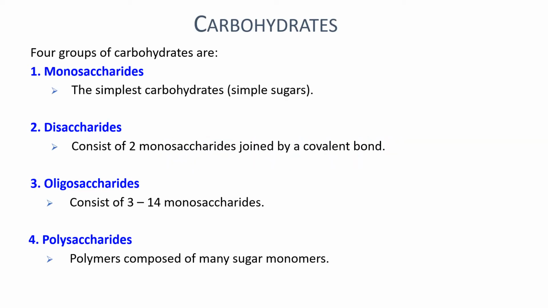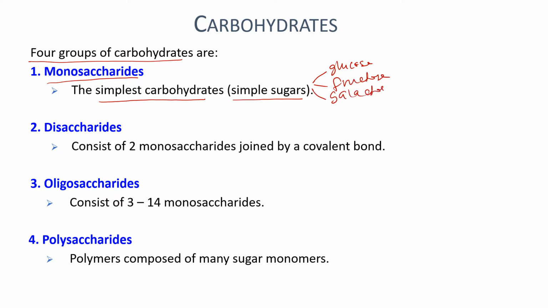Carbohydrates. There are four groups of carbohydrates. The first one is the monosaccharides. It is the simplest group of carbohydrates, and it is also known as simple sugars. For example, the most common monosaccharides are glucose, fructose, and galactose. There are other examples of monosaccharides, which we are going to look at later in this chapter and also